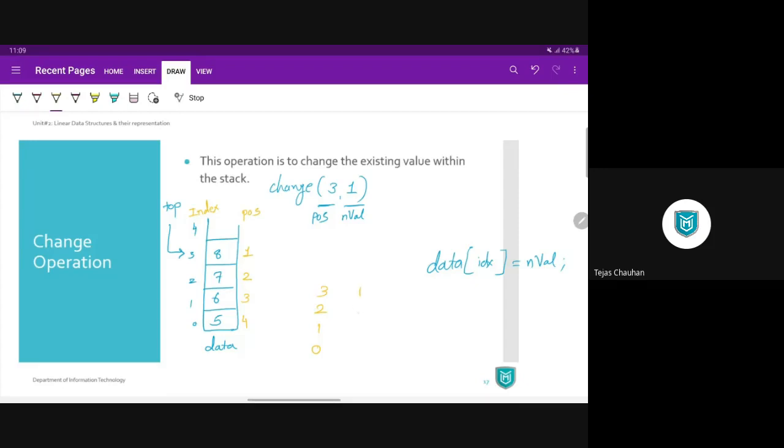Exactly, its reverse is 1, 2, 3, and 4. These are the positions. So we need to find a mapping which will give us these values. Which means if the user gives position 3, we need index 1.